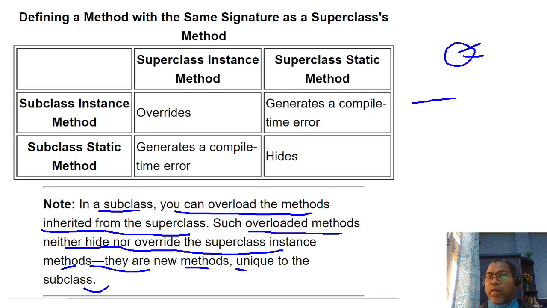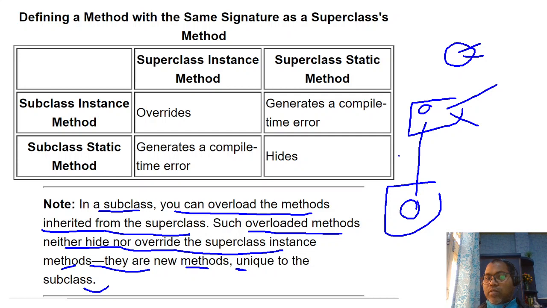No, in the same class you can define two methods with the same name but different parameters. You can also overload in the subclass. You define the same name method here and the same name method there, but with a different parameter list. This is overloading. If you have the same name and same signature here, that is overriding.